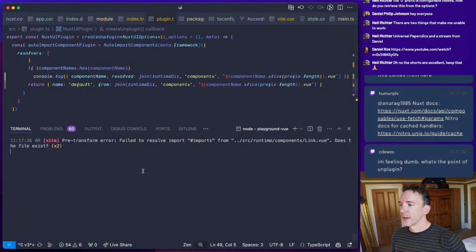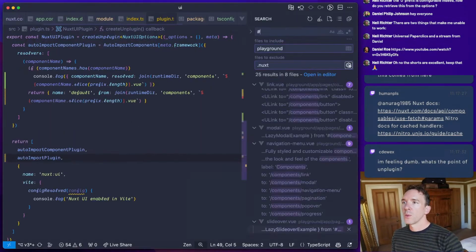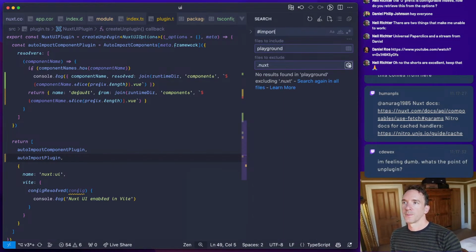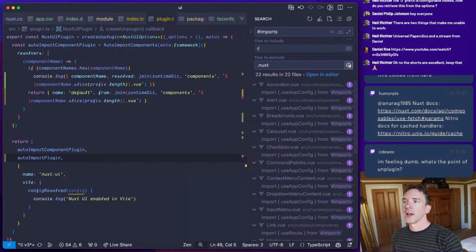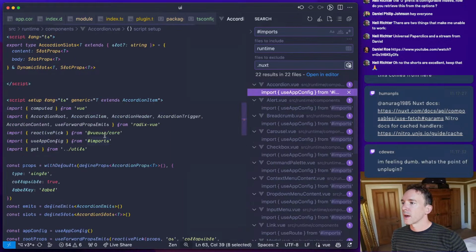Well, I mean, it's failing, obviously, because it can't load hash imports. So where are we loading hash imports? Great, I'm glad we're in the playground. Now let's look in runtime. Okay, so I want to see everywhere we're loading something.